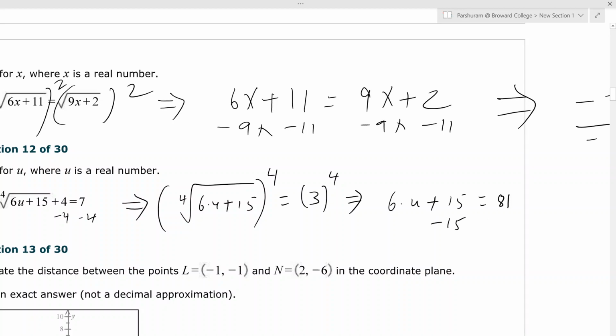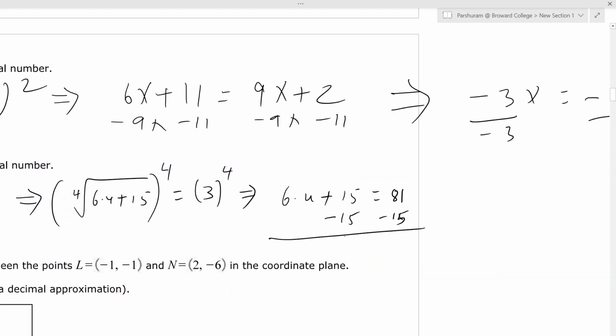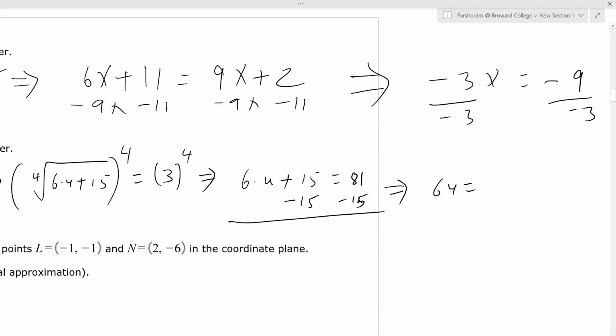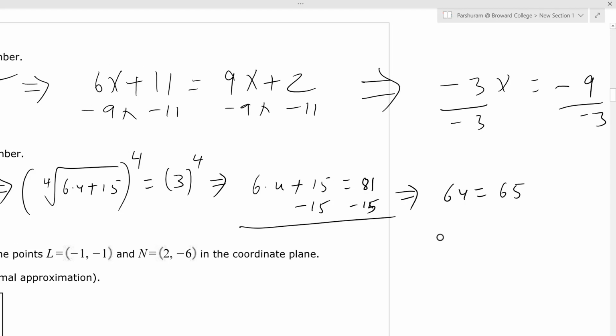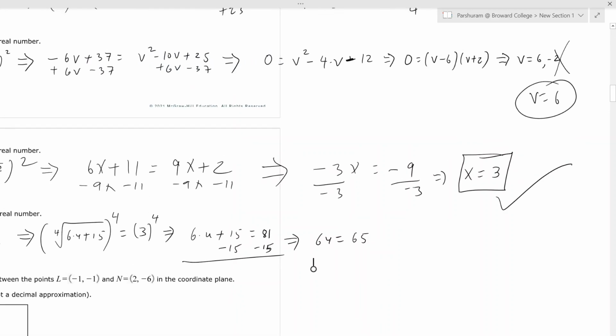So if I subtract 15 from both sides, on the left side I will have 6u, and on the right side I will get 81 minus 15, which is 65, right? 65. 81 minus 15, it's not 65, actually it's 66. So to find the value of u, just divide both sides by 6, and that will give us